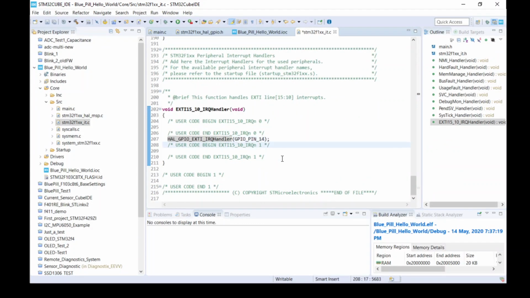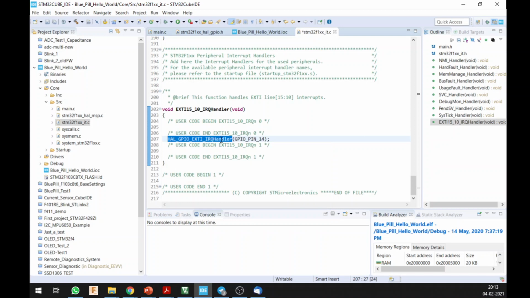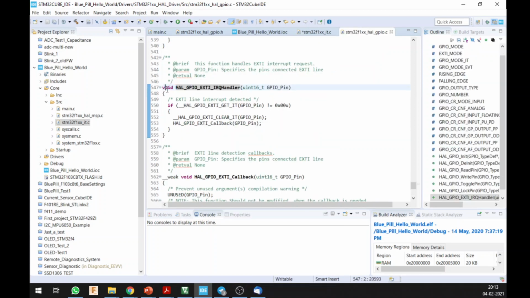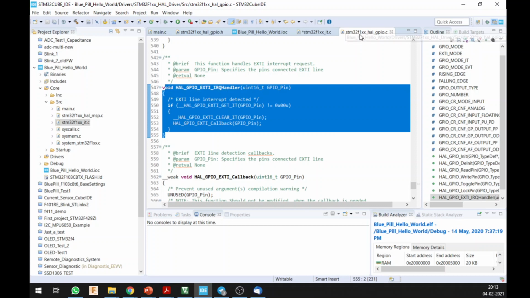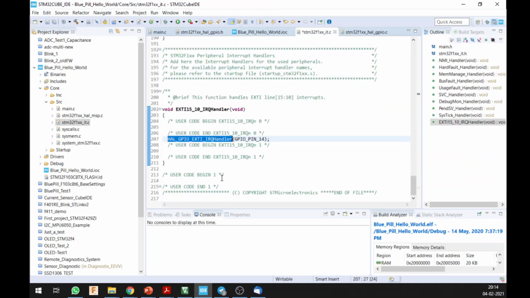And then what it's going to do is call this function, the GPIO EXTI interrupt handler, and if I go to the declaration of this, this is what is going to happen inside. The HAL GPIO pin callback is going to be invoked when it sees something over here, and what happens then you have to define over here. You can start your code over here. When this button is pressed you can do something, and once this is done you can go back.